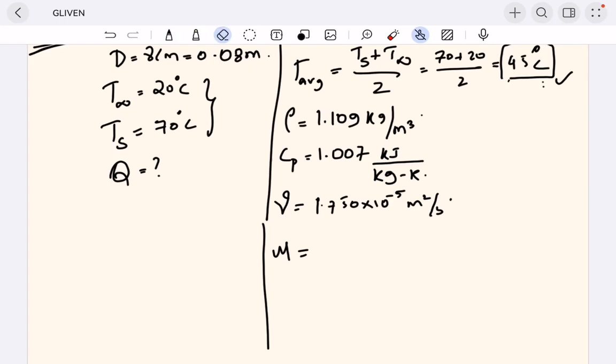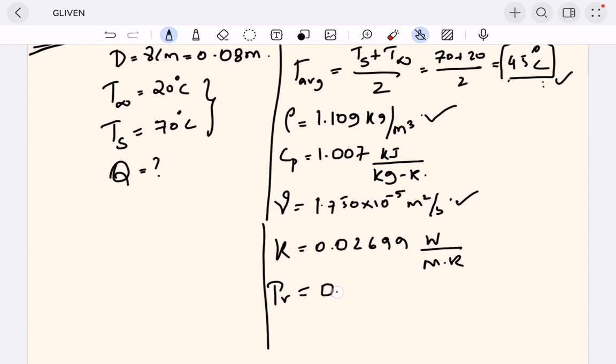So let's take another parameter, that's k. Thermal conductivity is 0.02699 watt per meter Kelvin. Even dynamic viscosity we can calculate from kinematic viscosity and density because both are known to us, so we know the relation. Prandtl number Pr is